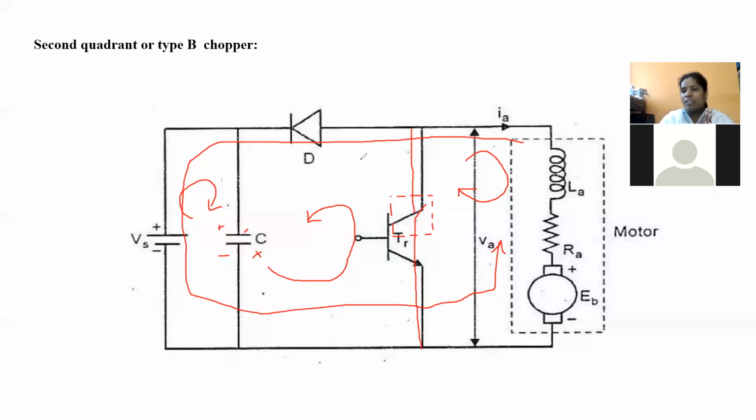Why? Because whenever our current is entering into the motor, you are going to treat it as positive. But whenever the chopper is in off condition, our current is leaving away from the motor. That's why we are calling it the negative current. And this diode prevents the current which is coming from the load to the source. That is, it will avoid the short circuit current from the motor. So it is the basic principle of operation of a second quadrant chopper.